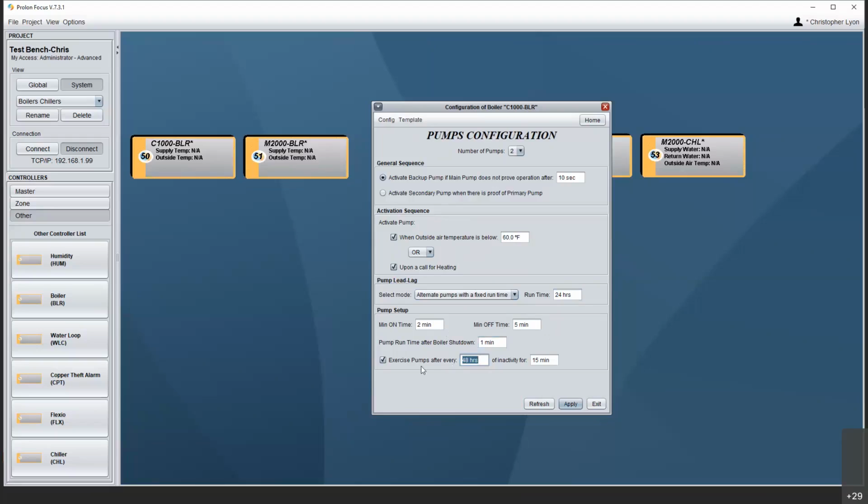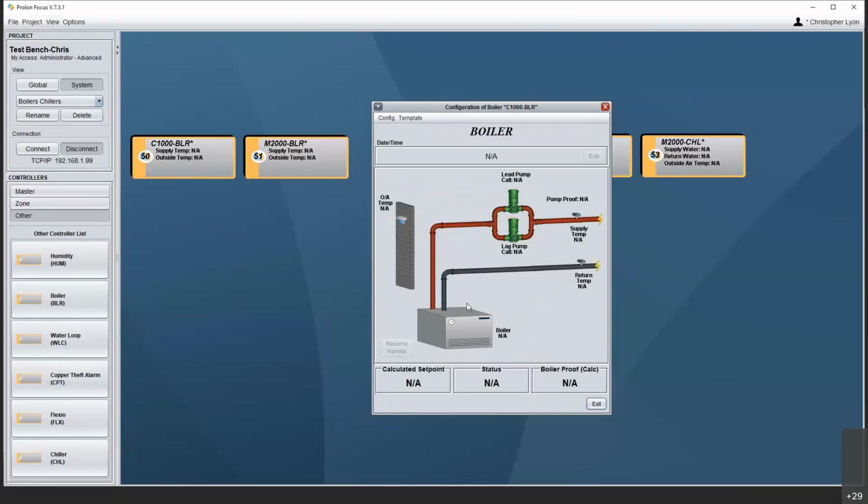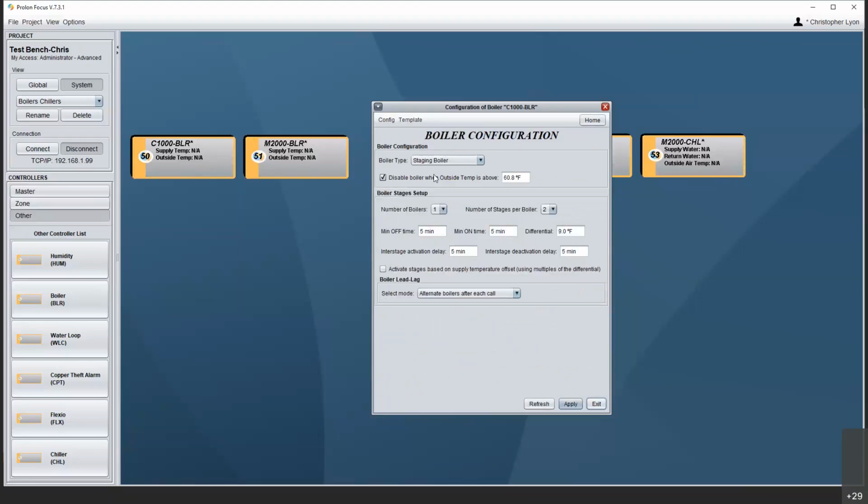This is a great tool to have through the summertime. Make sure the pumps aren't getting stiff and the water's not getting stagnant. Every couple days, we're going to turn the pumps on and run them for a little bit. So once we have our pumps set up, we can head over to the boiler and say,